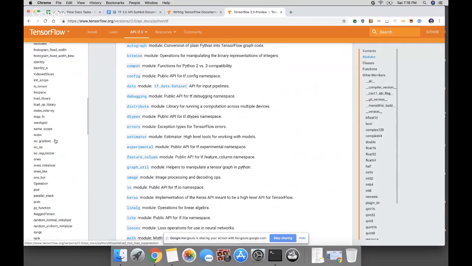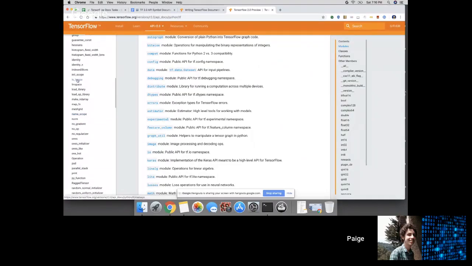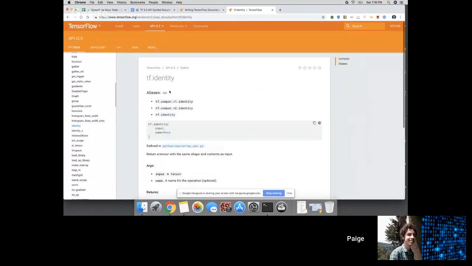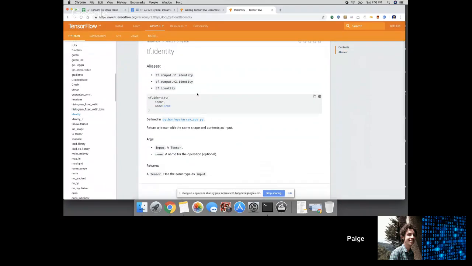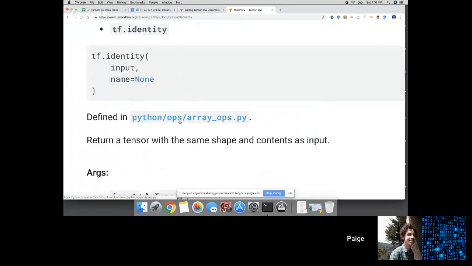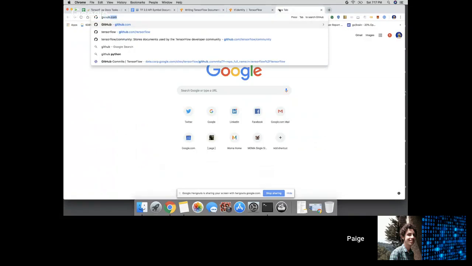If you click on one of these, so for example, let's take a look at identity. It tells you, and this is a poor example of an API symbol documentation, so oh well. But it tells you precisely where the op is defined. So it's defined in a place called Python ops array_ops.py. And if we bounce over to GitHub,